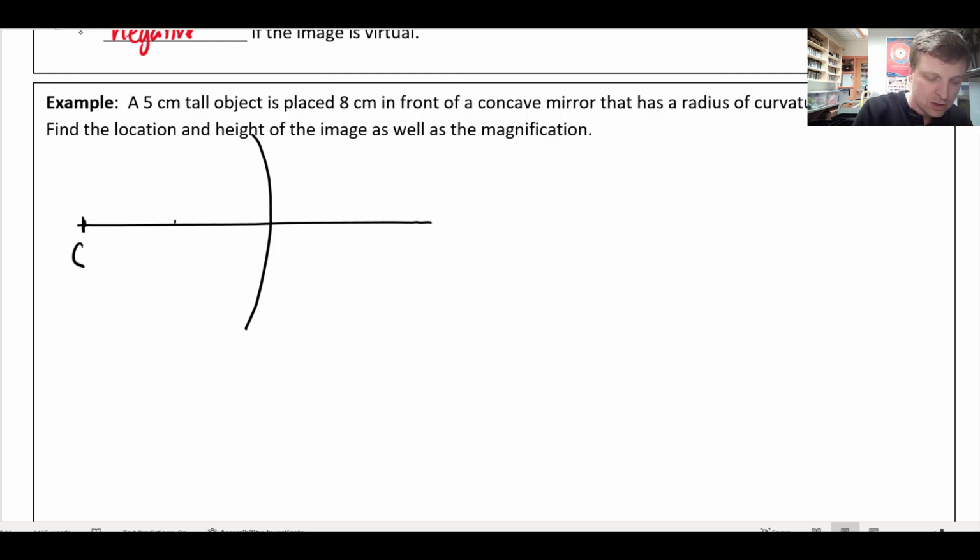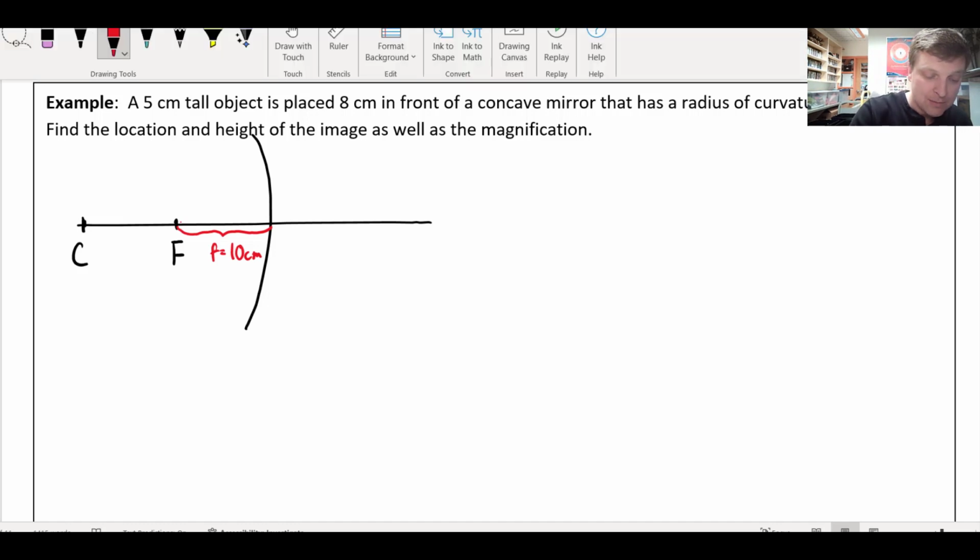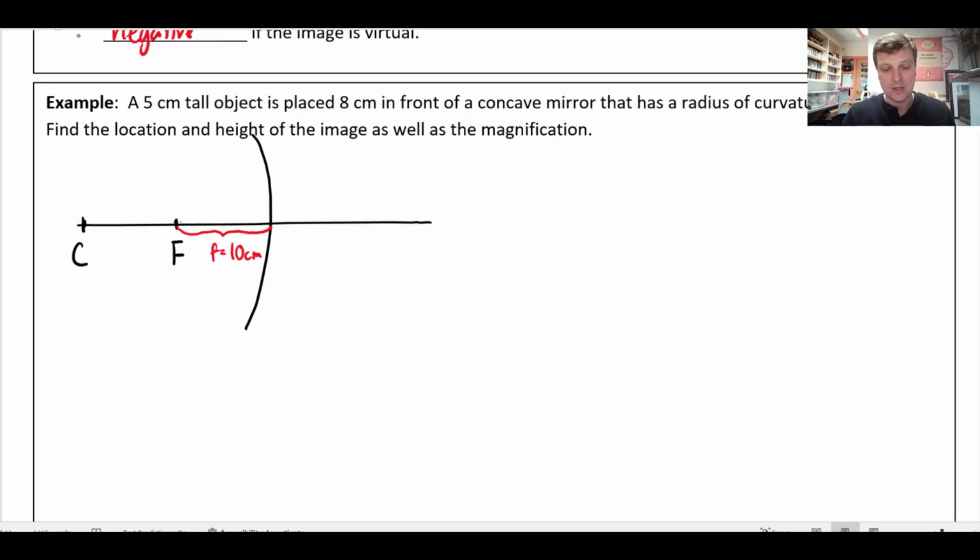So my center of curvature is here, and my focal point is half of that. And maybe I'll just label this right here. The focal length, you can see here, F is going to be 10 centimeters. Okay, the object is 5 centimeters tall and it's placed 8 centimeters in front of the mirror. So again, I'm just kind of sketching this out approximately, but if this distance is 10 centimeters, then my object